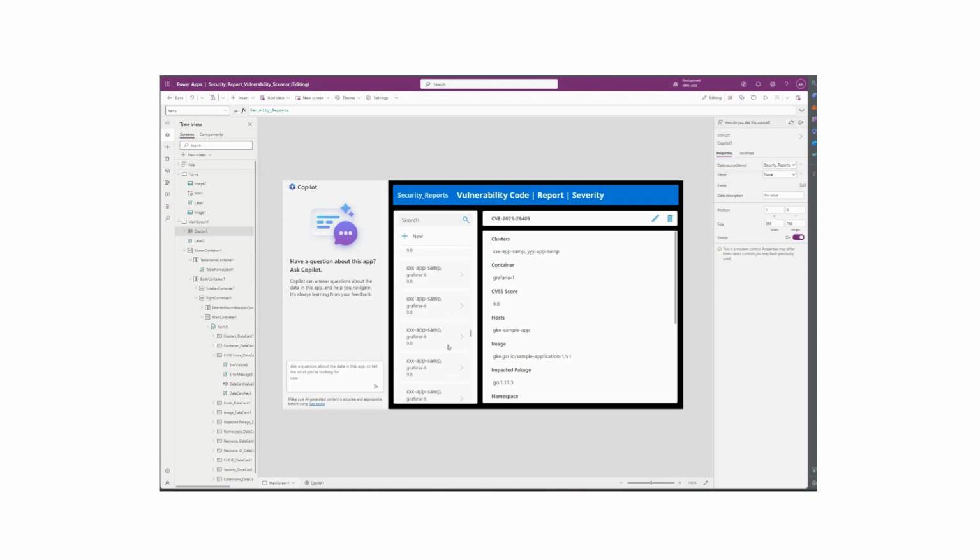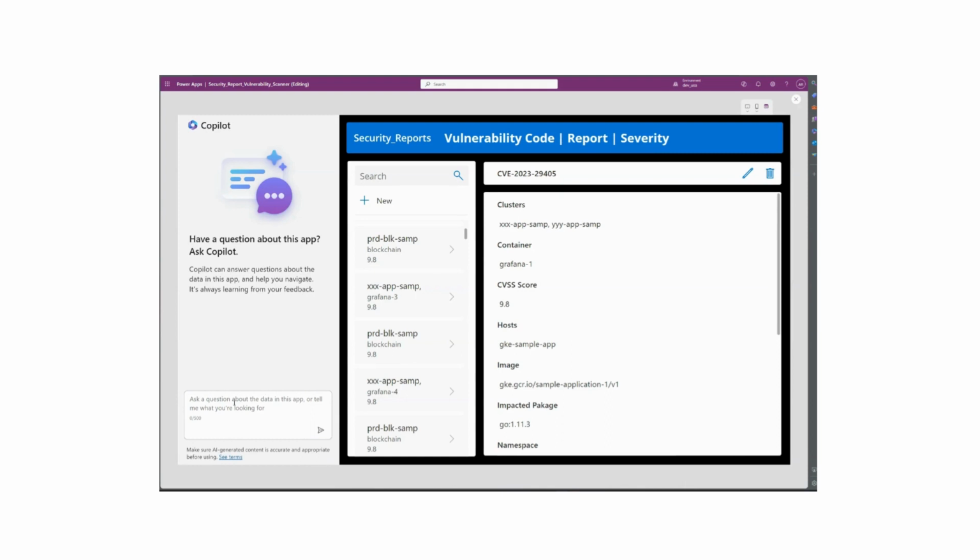For that, you could use Power Automate to send automatic alerts and email. I would not be covering step two, but I would be covering step one in this particular demo. So we have millions of records loaded in Dataverse. It's all a scan report of various systems, the security scan, if you will. And if I need to talk to Copilot and ask for certain details, the system would provide those answers using